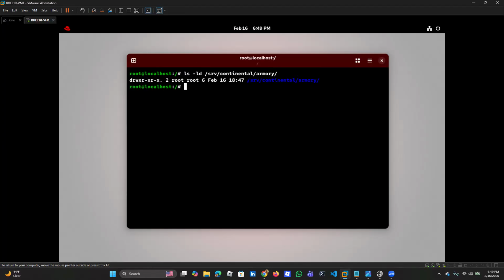All right, so look at the permission set of the Armory. Let's clear. We got step 1 out of there. So step 2, we're going to go on a recon. We're going to check current permissions again. To do that again, we're going to do ls -l